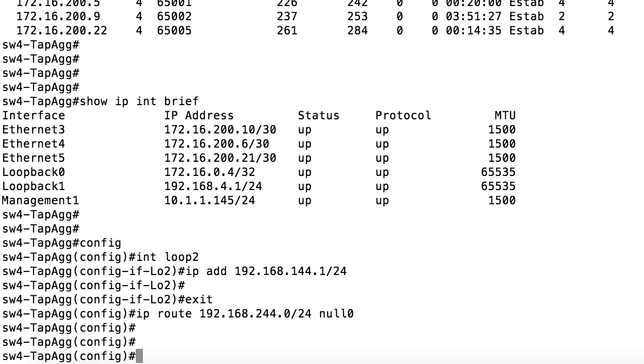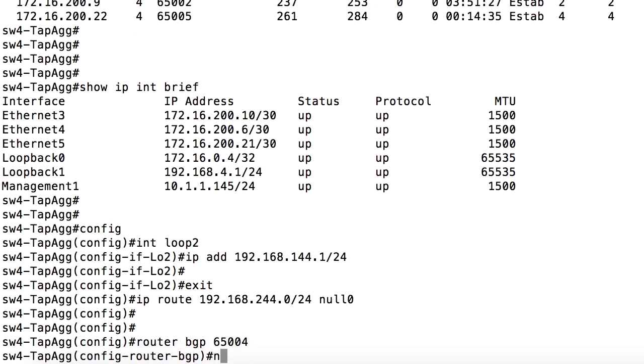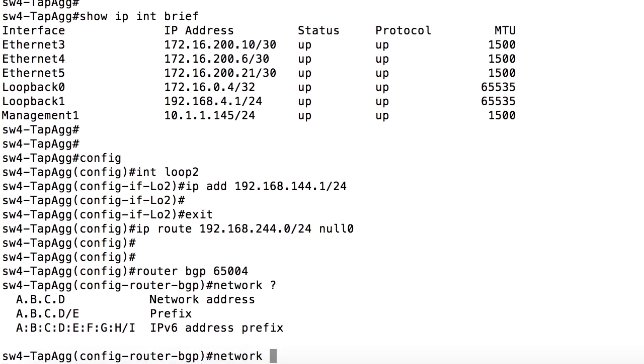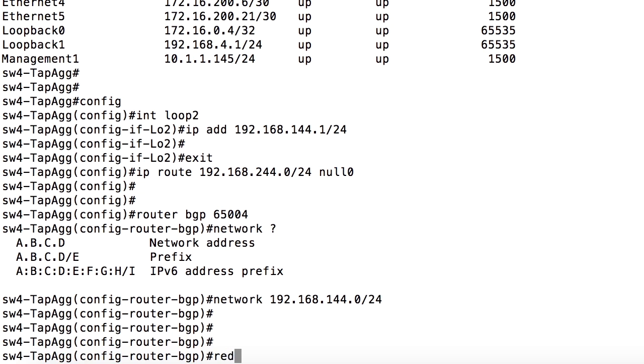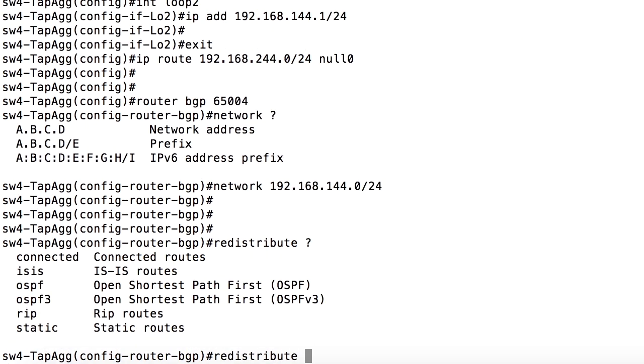Now, let's announce our new loopback and our new static route in BGP. Router BGP 65004, enter, network, and then question mark. So the network statement is one way for us to announce a route. Here we'll put in the network address. Let's use the loopback 2 example, 192.168.144.0/24. Enter. And then for our redistribution, redistribute, and then let's put in a question mark where we can see